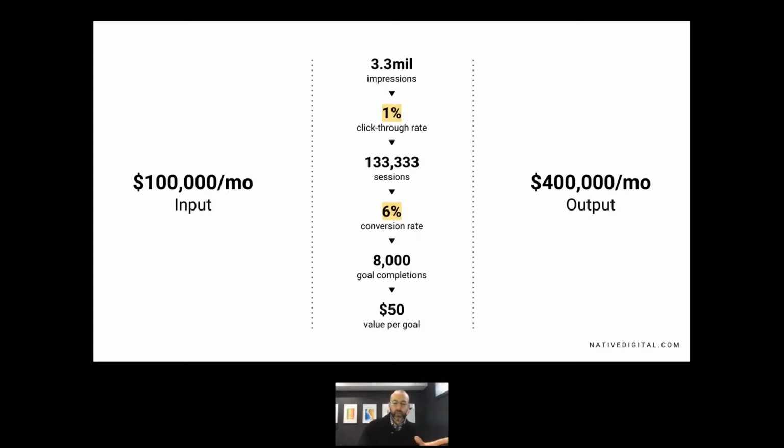So let's just simulate what happens if we were to have the click-through rate go up 1% or the conversion rate go up 8%. It's easy to look at reports and reports and reports and see little fluctuations of 1% or 2% and not really pay close attention. But if you look at the full picture of what's being invested and what's coming out the other side, by jumping up in this case from 1% to 2% and 6 to 8, you have a 10x payoff. So instead of 4-to-1 ROI, you now have 10-to-1 ROI. So this is basic math.